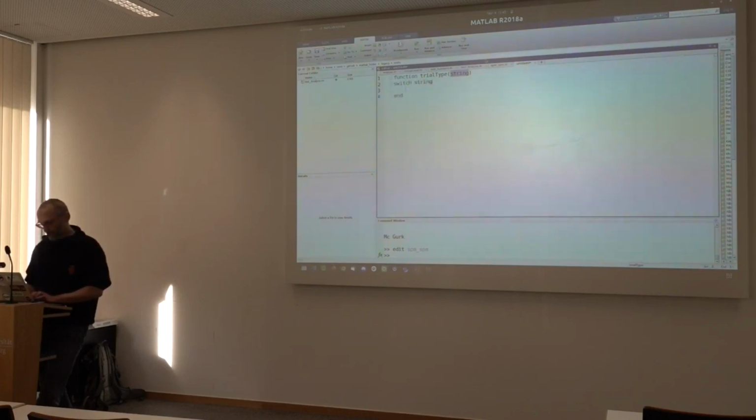Switch string: if you have case, I don't know, ink, then the value you return is 1, and so on, right? And then you return this. So this way you can create a small function that takes care of the mapping to just deal with numbers.